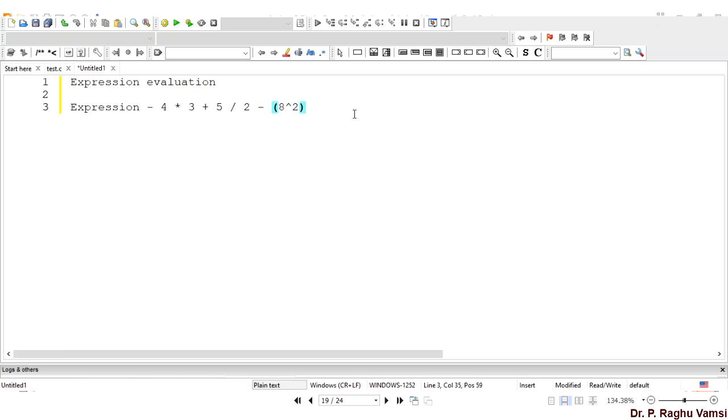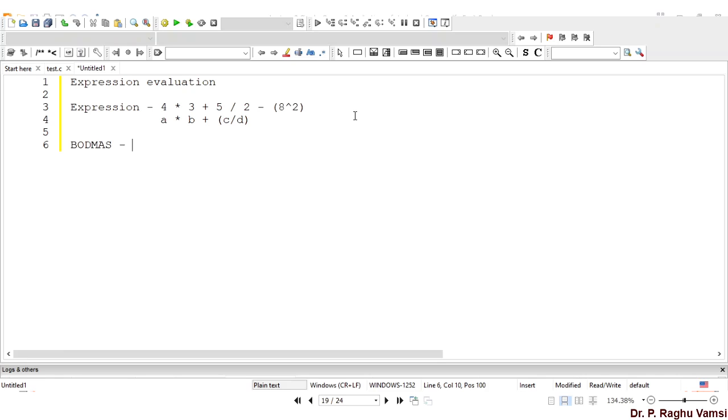Sometimes the expressions may be written in terms of variables like a star b plus c by d. During the evaluation of the expression, we usually follow a very important principle called the BODMAS rule. That means the priority of the operators will be like this.